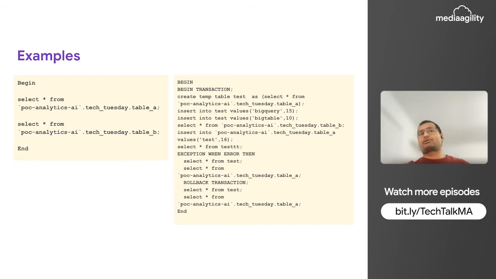Now, if we don't roll back the transaction, what will happen? We will get this value unnecessarily into a table. And that is where we are using this EXCEPTION WHEN ERROR. In that case, after any error, it will come here. First I'm printing this just so that I can show you when I run it. But eventually, it will roll back that transaction. And then when you select these values, you will find that this 16 is not inserted into the table. So that's the way you can use rollback transaction.